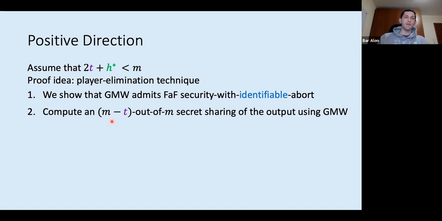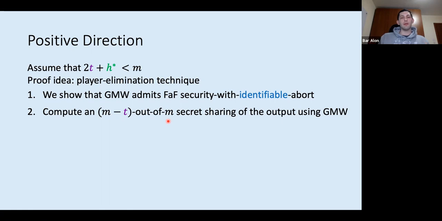So think for now that the output is just, so there's a common output for everyone. So what is an M minus T out of M secret sharing of it means? It means that everyone receives a share of the output. It's called a share of the output. But